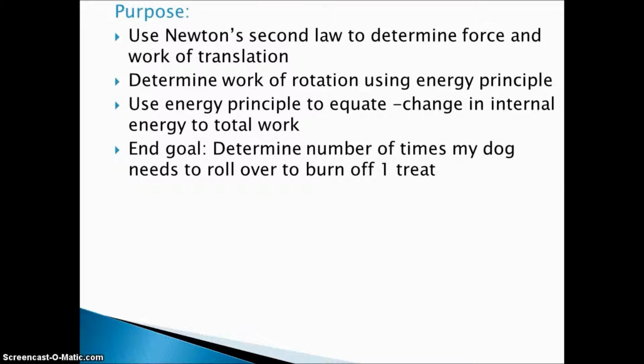dog rolling over. My dog's favorite treat is a mini marshmallow, which she receives every time she does a trick like rolling over. But she is somewhat overweight, so the purpose of this lab was to determine the number of times my dog needs to roll over to burn off the chemical potential energy in one mini marshmallow, using Newton's